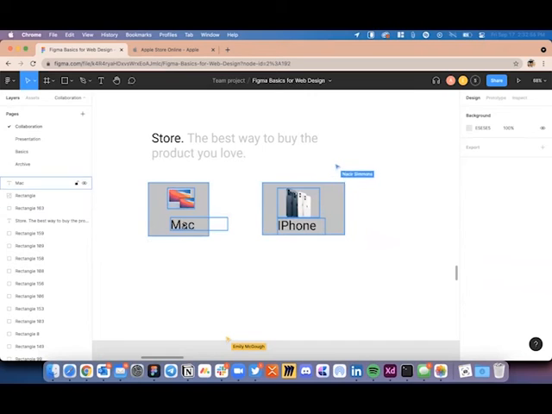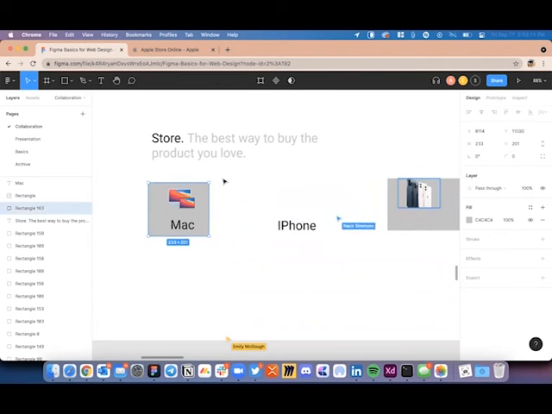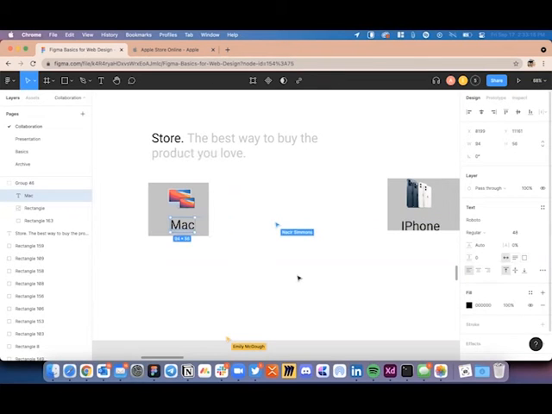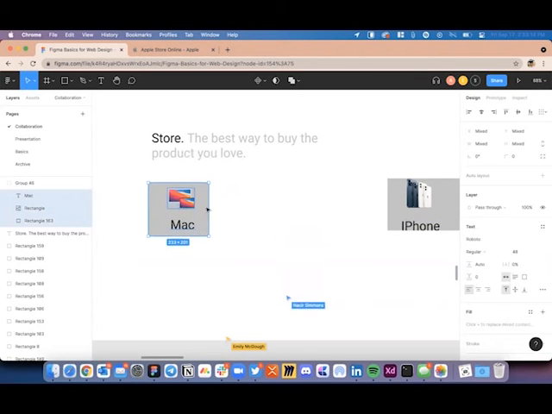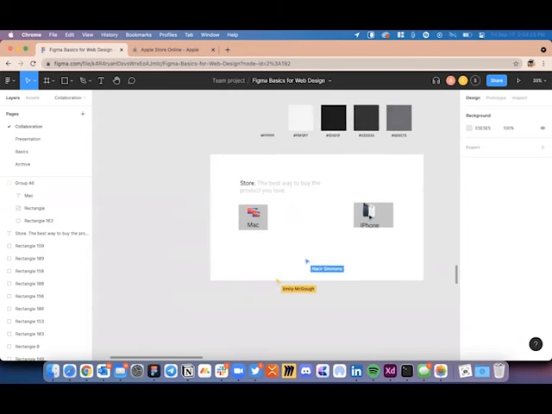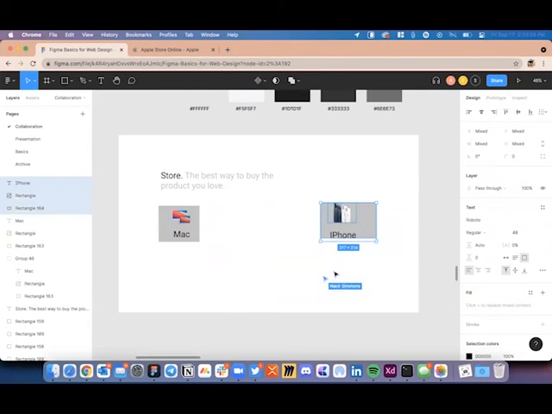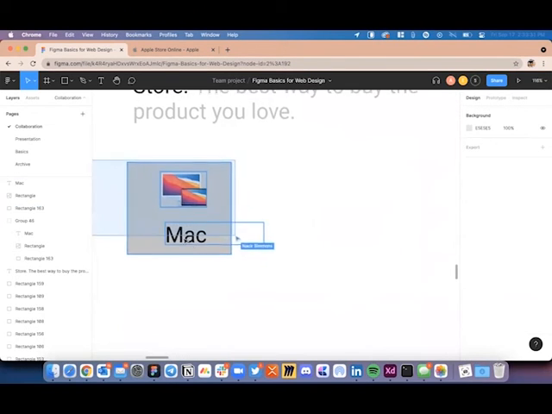Not both of those, just the image and the background, and press Control G or Command G. So this is for reference. And then Nazir, if I may, I'll go ahead and delete this because we don't need to recreate it. We have the first one in place.